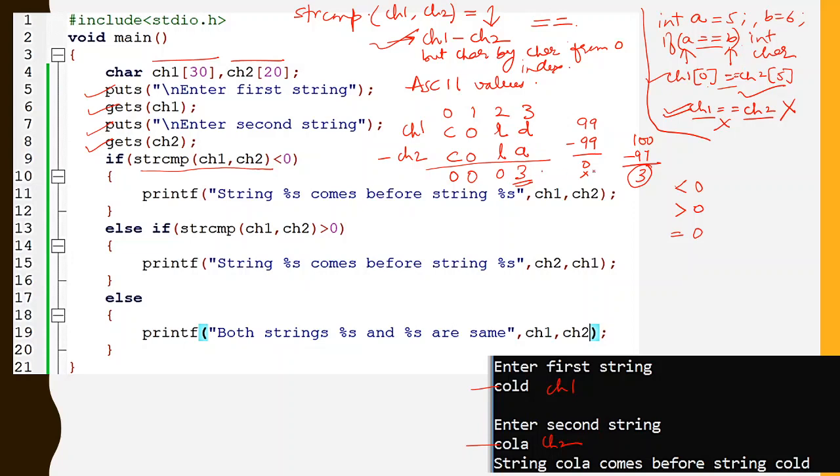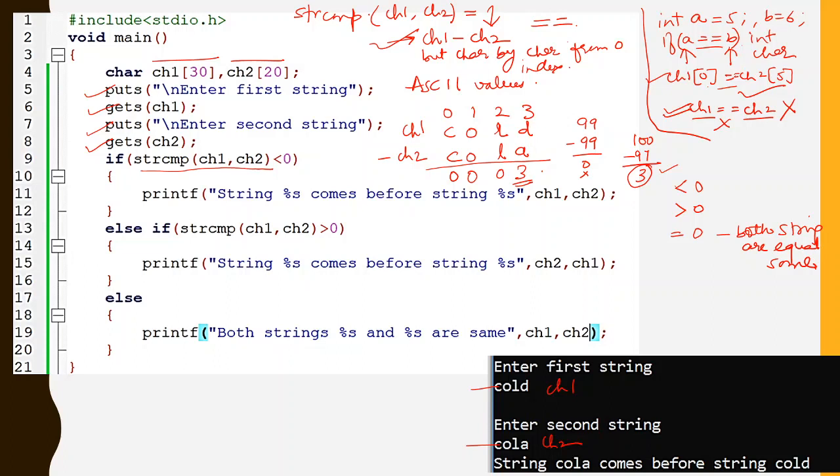And if you get all zeros, it means both strings are equal or the same. If this last one had also been zero, then both strings would have been the same. This is comparison character by character. If strcmp gives a greater than zero answer, like in this case, ch2 will come before ch1.